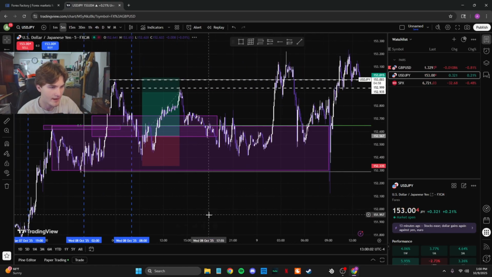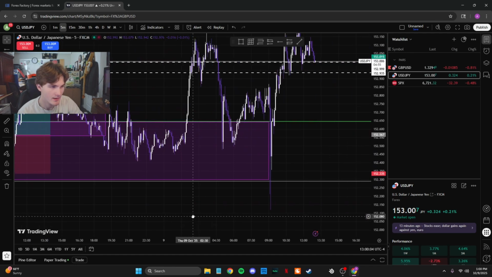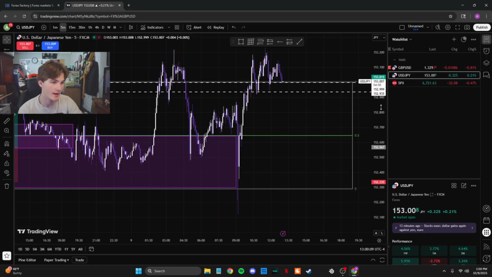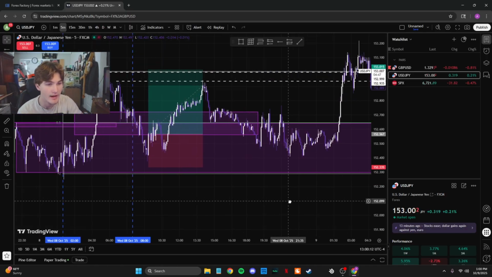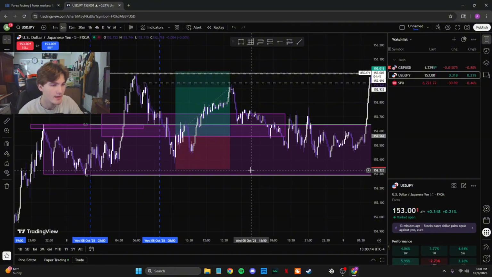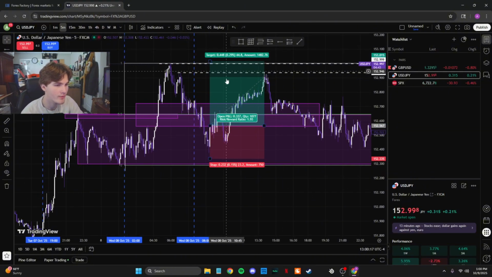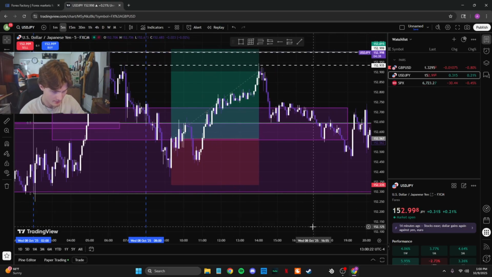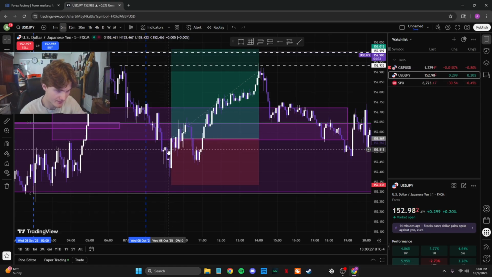Now going down to the 5-minute where we were looking yesterday, not sure what happened here. We'll talk about this in a little bit. Not sure what was going on here, but I do have some suspects for that. So here we go. This is what we were looking to do yesterday. We decided this would have been the best break of structure. So we're going bearish, bearish, bearish. So bearish break of structure to the upside. We are looking at the highs. Most recent high, one here, one here.